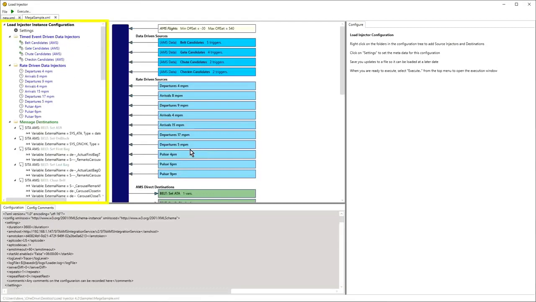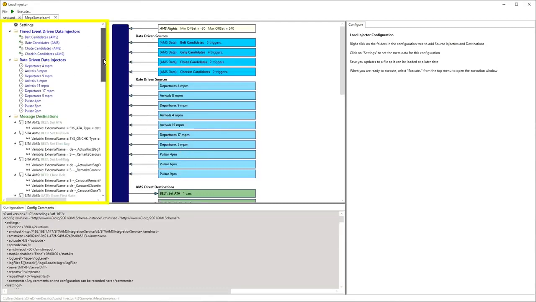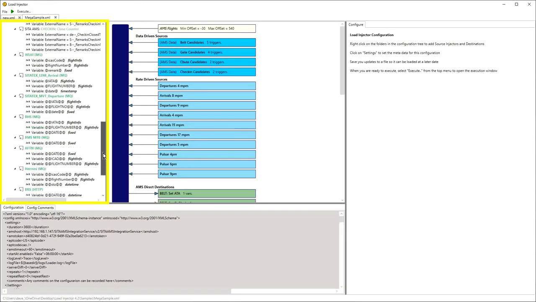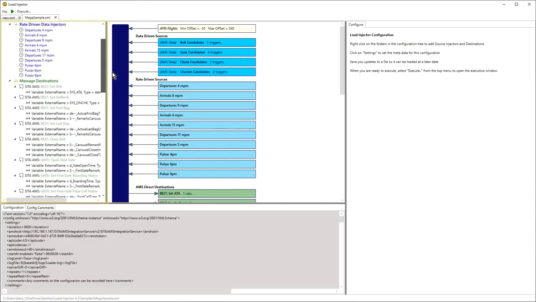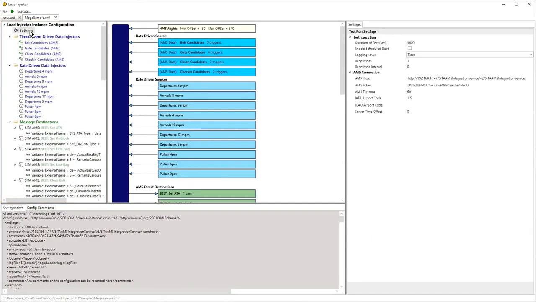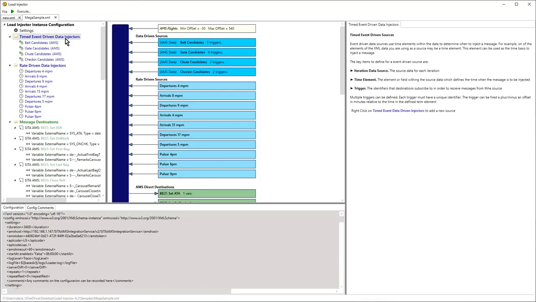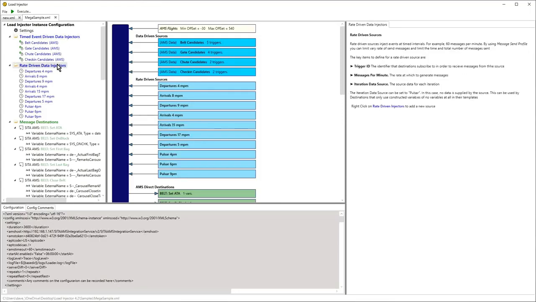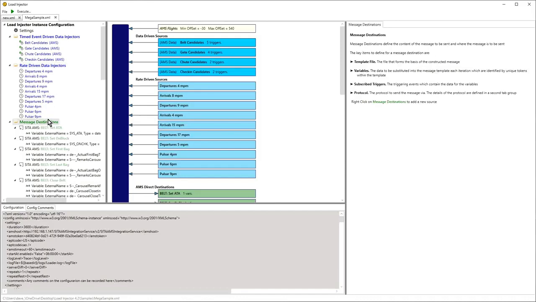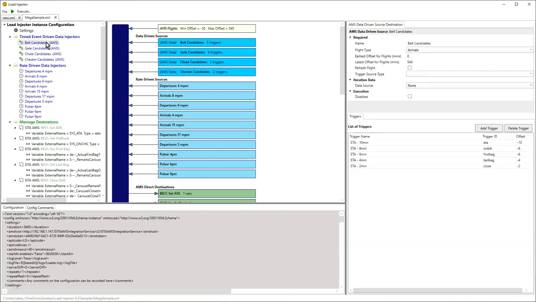The left panel shows the configuration in a tree-like structure. There are 4 top-level items in the configuration. 1. Settings, where the macro-level configuration is set. 2. The folder containing timed event-driven injectors. 3. The folder containing rate-driven injectors, and 4. The folder containing destinations. Clicking on any element in the tree allows you to edit its properties in the right-hand